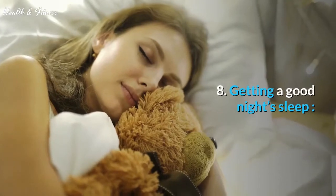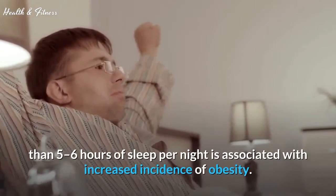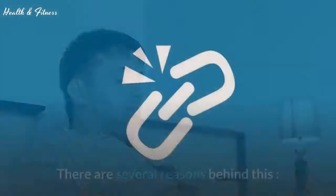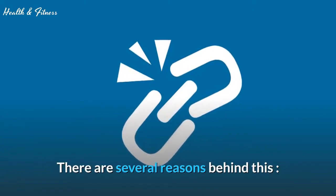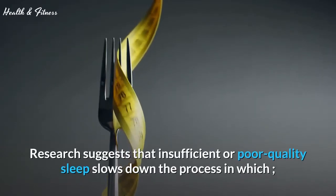8. Getting a good night's sleep. Numerous studies have shown that getting less than 5 to 6 hours of sleep per night is associated with increased incidence of obesity. There are several reasons behind this. Research suggests that insufficient or poor quality sleep slows down the process in which the body converts